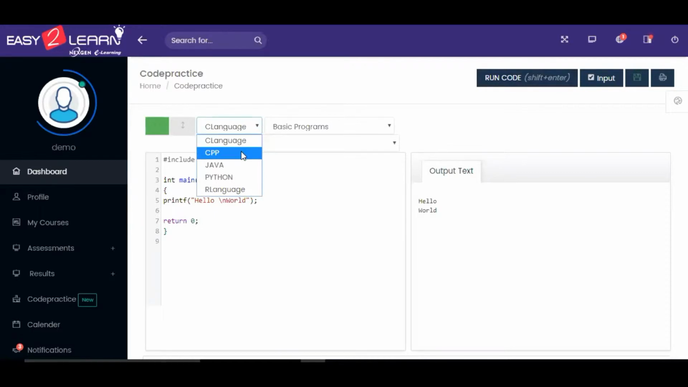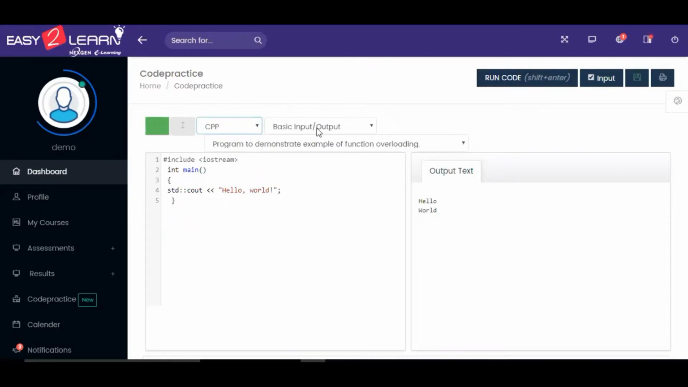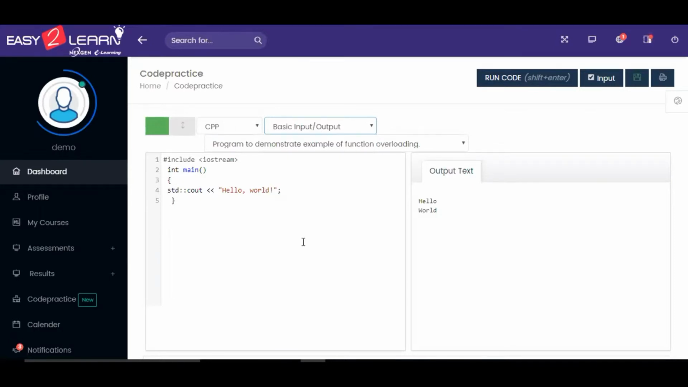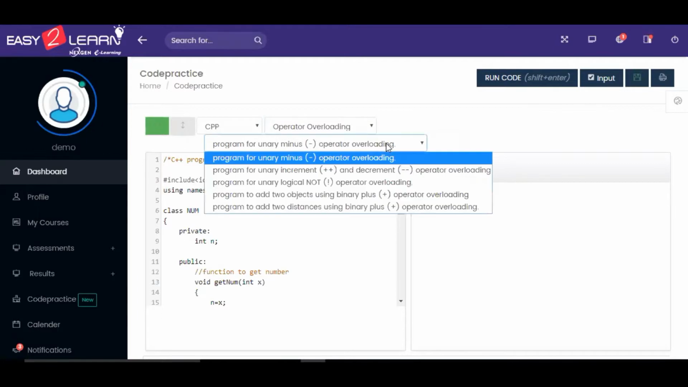Select the programming language as CPP and the concept as operator overloading. So we have multiple options here. Let us consider the examples for operator overloading. Let us start with